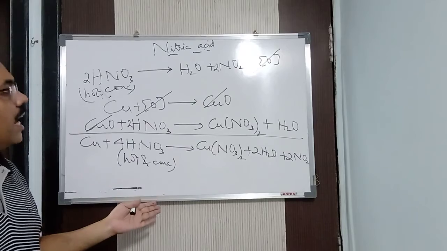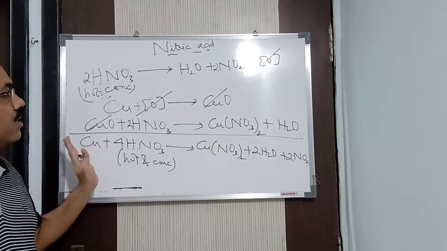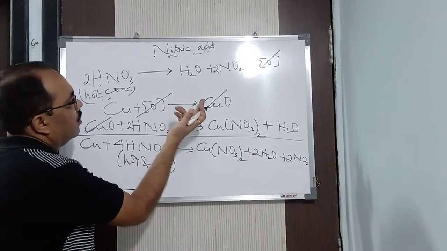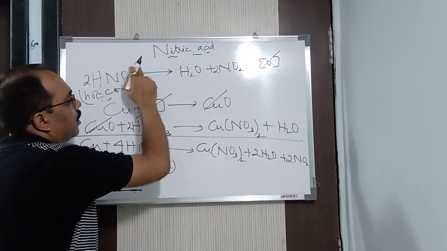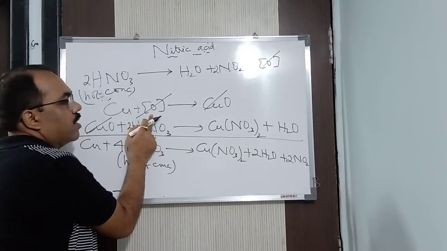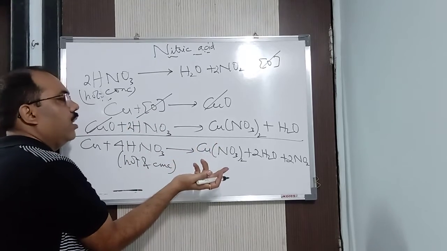Then what I did? I just added up the equations. Whichever is to be cancelled, I have cancelled it. Why have I cancelled? Very simple. This is on the product side. If it comes on the reactant side, what will happen? This will be minus now. This is minus, this is plus. It is going to get cancelled. That way, understand it.